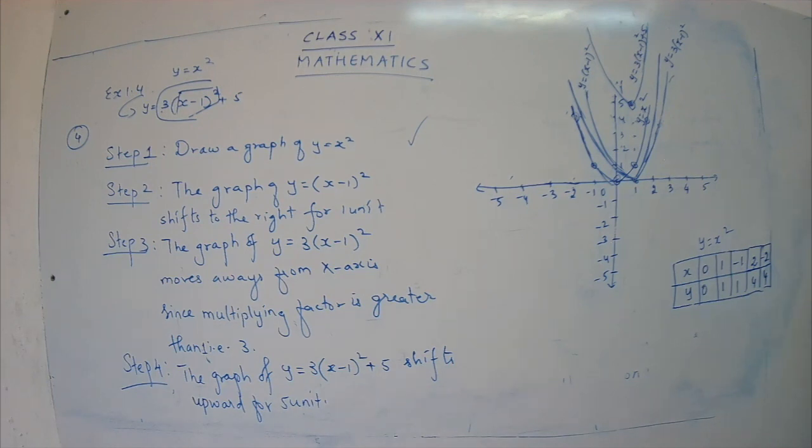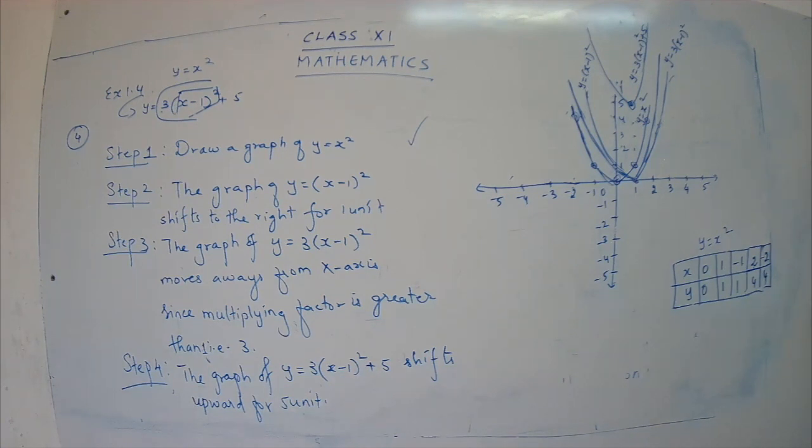Just complete the work, children. I hope you have taken down the graph. Don't get confused. If you just see the graph at the last, you will be really confused with the graph. So that's why you have to follow step by step. Once you see the graph step by step, it will be very easy to understand the steps that we have written and also the same steps we have applied for the graph. So just relate both of the things and study so that it will be easy for you.